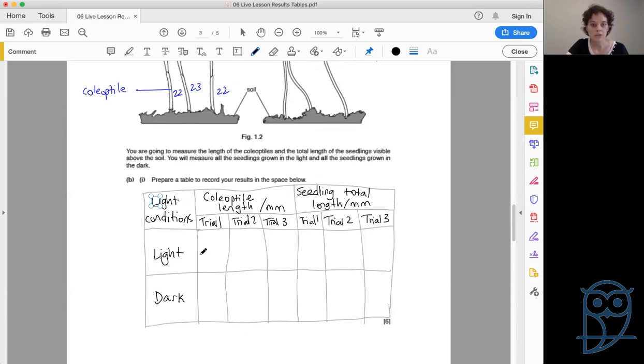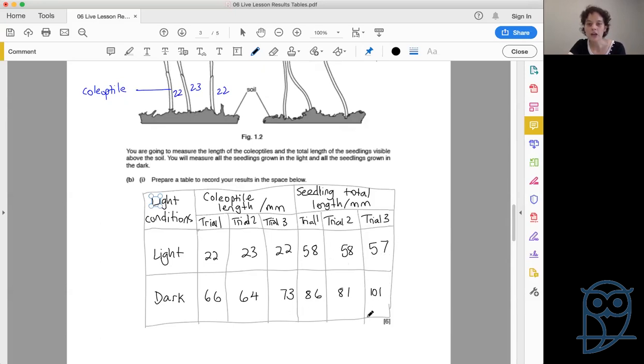So coleoptiles for the light, 22, 23, 22. Seedling totals for the light, 58, 58, 57. In the dark, I do have this on a piece of paper beside me. I am not remembering all these numbers. Coleoptiles in the dark, 66, 64, and 73, 86, 81, and 101. So you can go here and you can say, look, there's my 3 trials for the